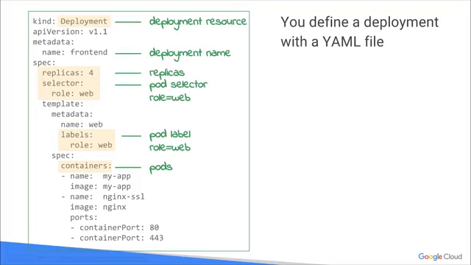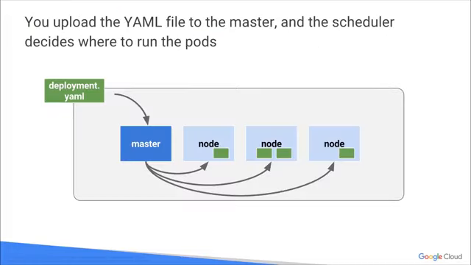You could define in a YAML file also how many replicas you want. You could identify the pods, the roles, also the labels. And labels are important. We'll talk about those later on in the course. Container equals pod. Again, you'll upload the new YAML file and it'll upload to the master. The master then schedules and decides. Remember, the master is running Kubernetes. It is deciding these jobs and these tasks when they're going to be run. So scheduling is depending on the master and depending on the workload and everything else happening, including CPU utilization.